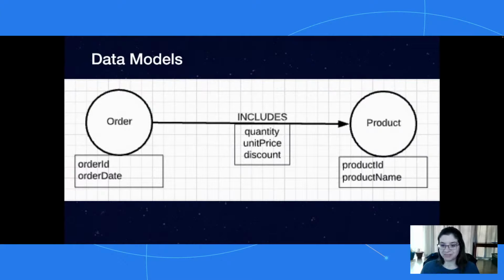So while it looks similar to the relational model, what's different about graph is that those joins are not computed at runtime. They're computed physically in the data store. So when you query, you're just querying what's already in the data store. So it looks more similar to the relational model, but the physical storage aspect is different.